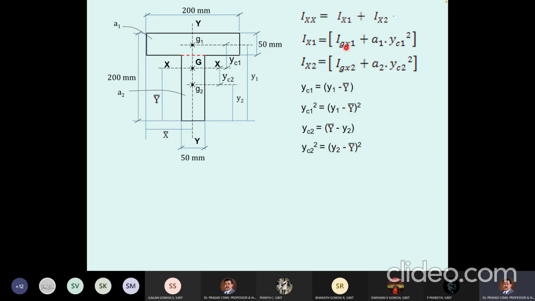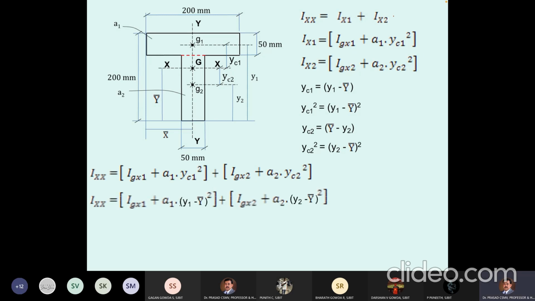So let us take up Igx1. YC1 and YC2 have been replaced. What is Igx1? It is the moment of inertia of a rectangle about its horizontal central axis, which is nothing but BD cube by 12. What is the breadth of this rectangle? 200 mm, and the depth is 550 mm. So Igx1 is the moment of inertia of the rectangle about its own horizontal central axis,